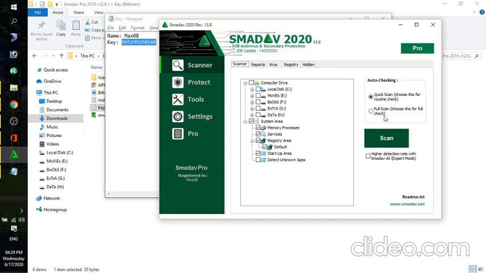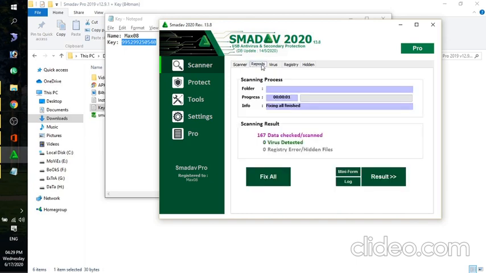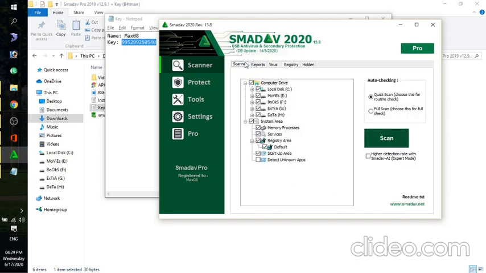You can also scan the full system, and you can also go through the different drives, like a custom scan. It means if I want to scan this folder, or this one, or all these folders and all these drives, then I will check all of these, and then the scanning report will be in front of me.